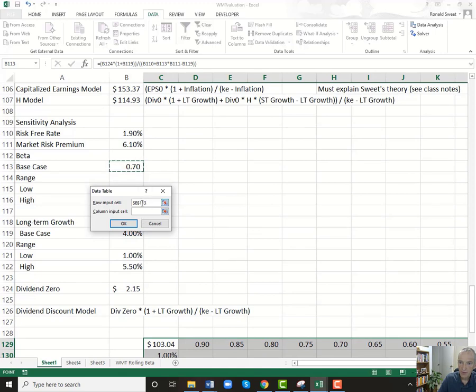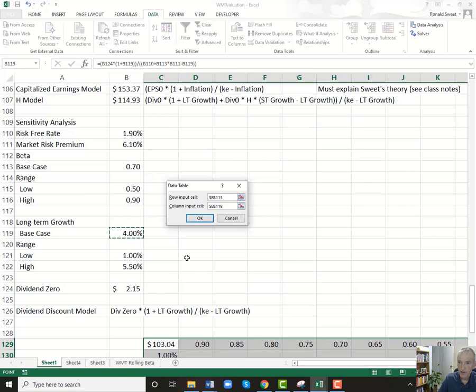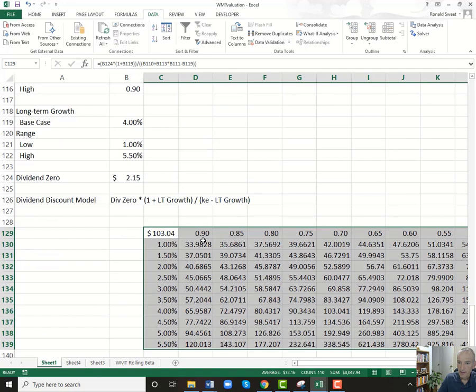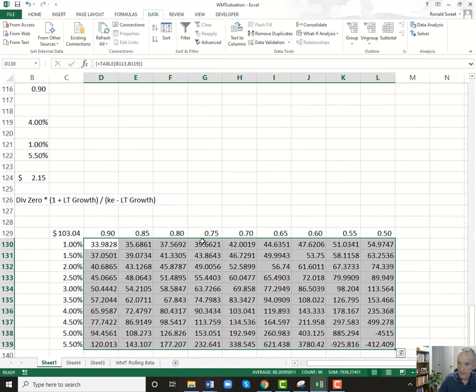So your row input, because we have beta across the row, so we want to say that that's 0.7. Instead of all of these numbers, it's going to be 0.7. And then our column input is the growth, so we go to our base case growth right there. So for your row input, you reference your beta. For your column input, you reference your base case growth, and you say OK, and we'll give you a bunch of data,